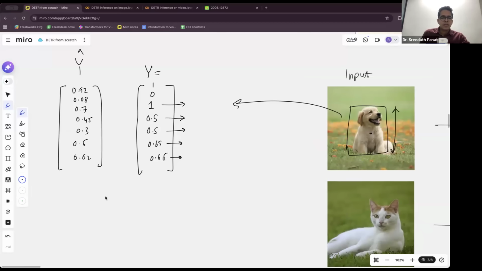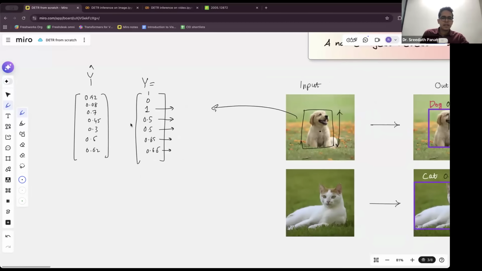There are many different types of losses. The simplest loss you can think of is element-wise subtraction, take the absolute value, add them up. Or element-wise subtraction, take a square, add them up, right? So we can think of many different types of loss functions to construct if we wanted to build a very naive object detection model. But of course, this has a lot of limitations, because here this can only detect one